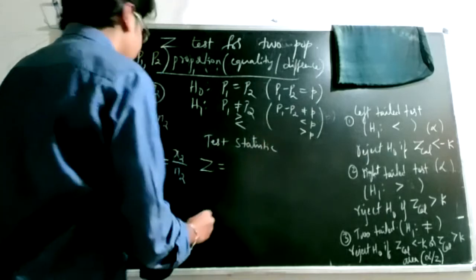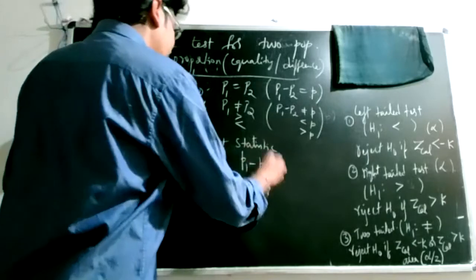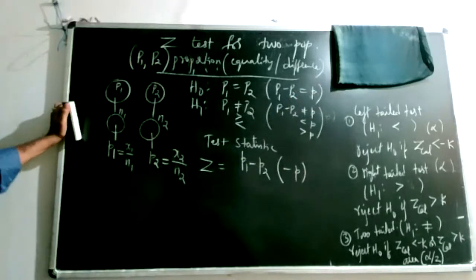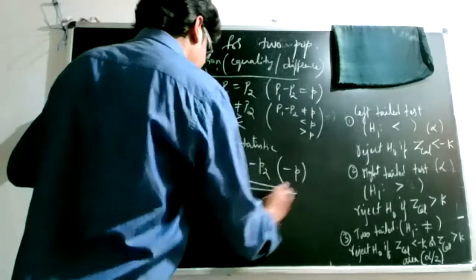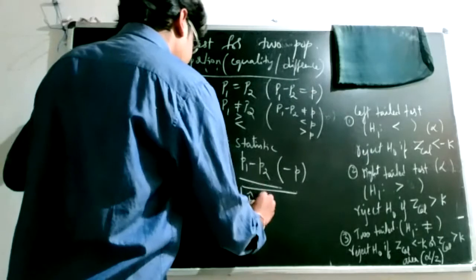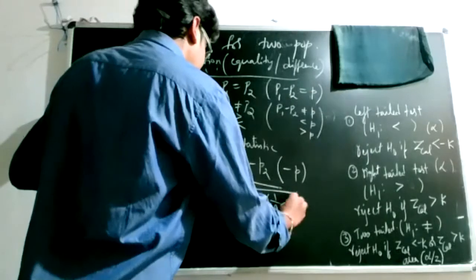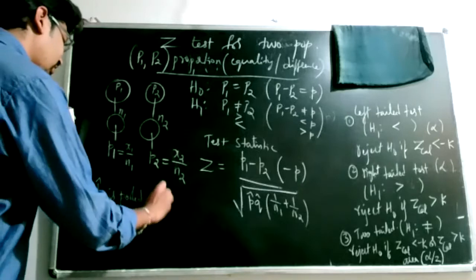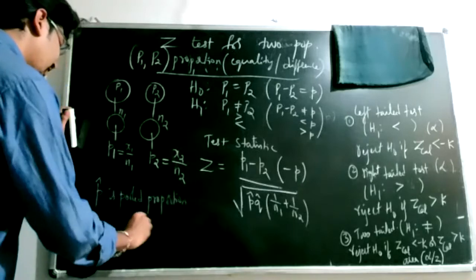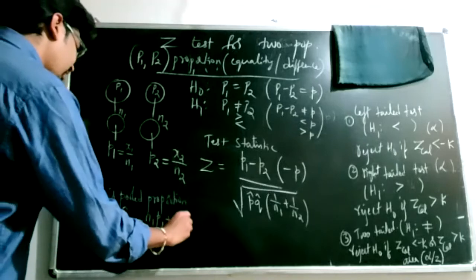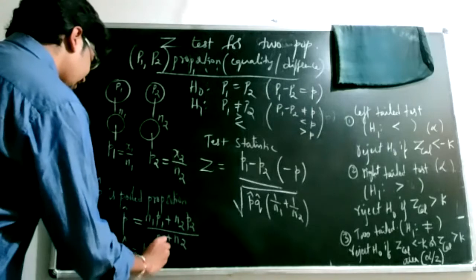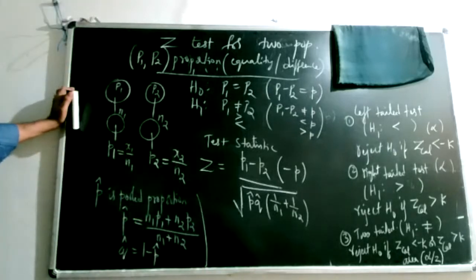we have Z is equal to our value P1 minus P2 in this case, or if you are looking into a significant difference of P, then you can subtract it by minus P, divided by square root of the variance. So here we'll write this as P hat into Q hat into 1 by N1 plus 1 by N2, where P hat is the pooled proportion, that is, the proportion obtained from both the samples. So we have this as N1 P1 plus N2 P2 divided by N1 plus N2, and your Q hat is 1 minus P hat. So these many calculations are to be done when testing a hypothesis regarding equality of two